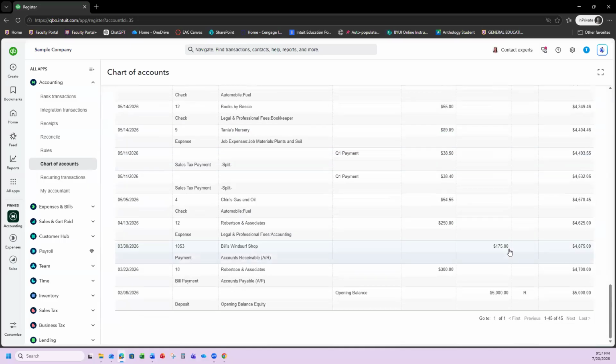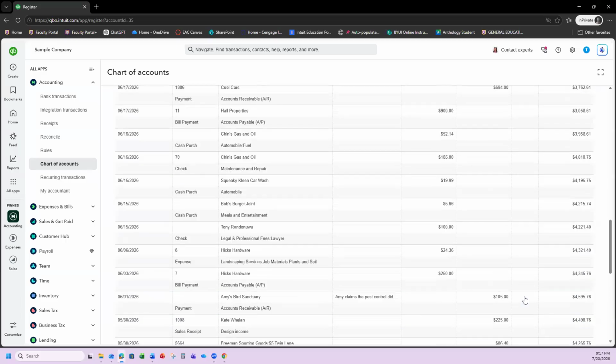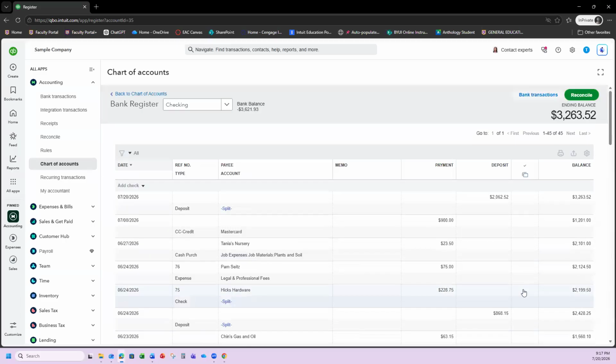And so when they're not cleared, this one actually has an R by it, which means it's cleared or reconciled. So even more than cleared. But cleared means that it matches up with what's on our bank statement. And then reconciled means we have closed out that bank statement. Anyway, so that's why it's a little weird when it looks like there's